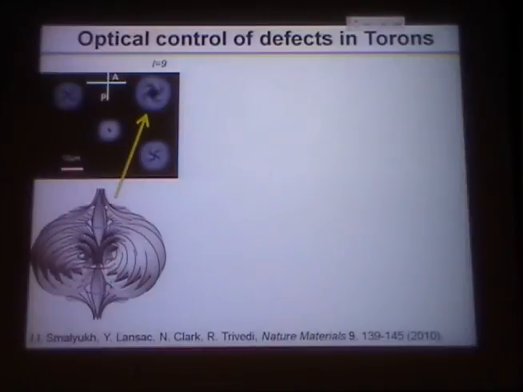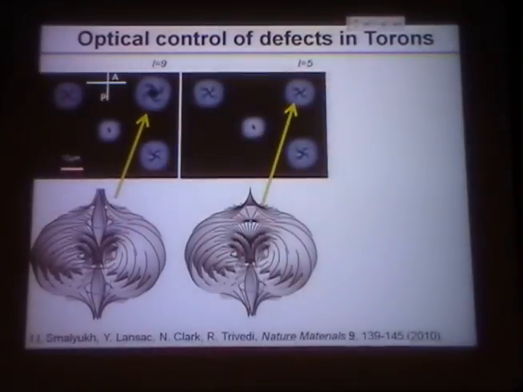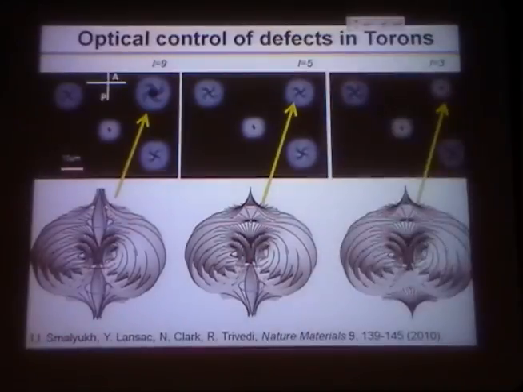So now what would happen if, instead of just a Gaussian beam, we were to shine Laguerre-Gaussian beams of different charge? What would happen if we were to change the topological charge of those beams? Here you can see a structure generated, shown in this polarizing microscopy texture, using a beam with charge 9. Then if we switch it to topological charge 5, we can see the structure change somewhat. And then if we further change it to 3, the configuration of the director field changes as well, as evidenced by